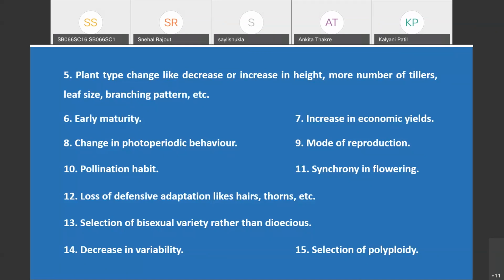Okay, here you can see the last one, the selection of polyploidy under the domestication. Many of the domesticated plant species are polyploid. For example, potato, wheat, sweet potato, tobacco. While the diploid counterparts of these species are present in nature, under domestication many of the domesticated